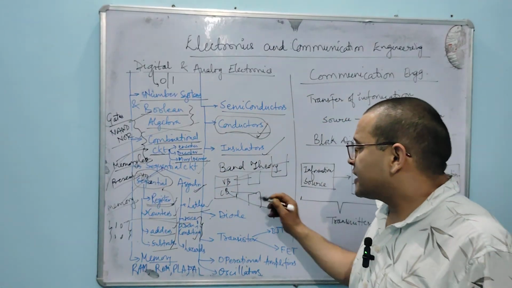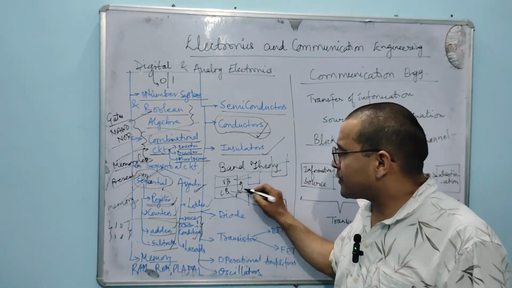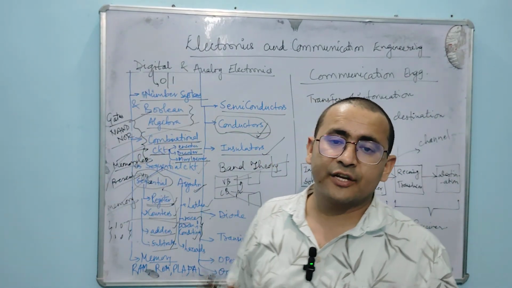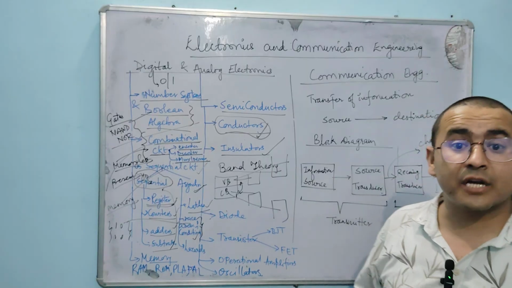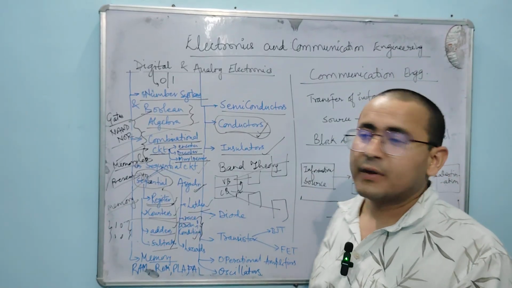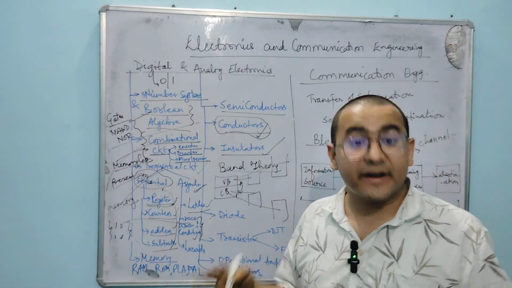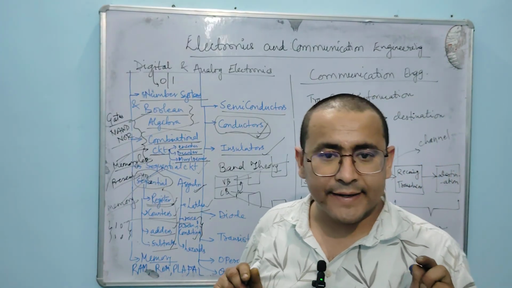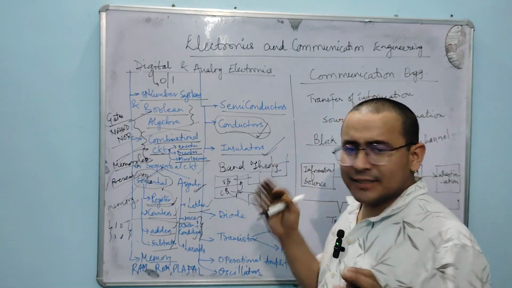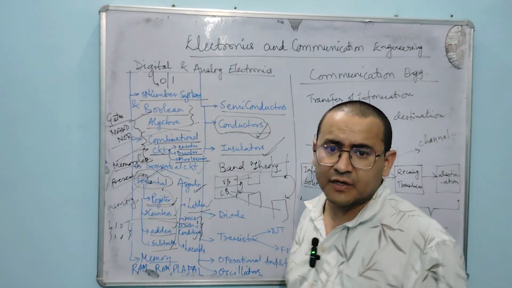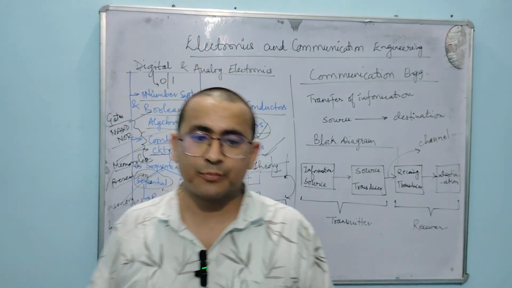It means that there is a transfer of electrons from one band to another so easily. There is no need of energy for electrons to jump from this band to this band. So that is why it is called a conductor, that conducts electricity. What is an insulator? That is not going to conduct. Whatever amount of energy is given to the electron, it is not going to jump from one band